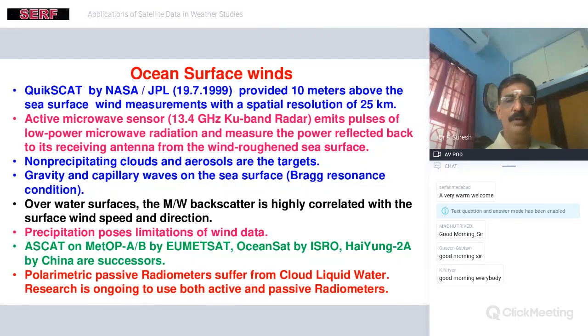This active sensor, as any normal radar does, emits the radiation, and from the target it gets the return signal. Over the land surface, normally we have up to some 500 kilometer surveillance maximum, usually around 250 to 400 kilometer surveillance. But onboard a satellite, which is about 850 kilometers up, only low power is possible to emit. And the low power signal, once it is reflected back, will be further low, and then we have to do so much juggling to get a meaningful signal back, and that has been done. With that,